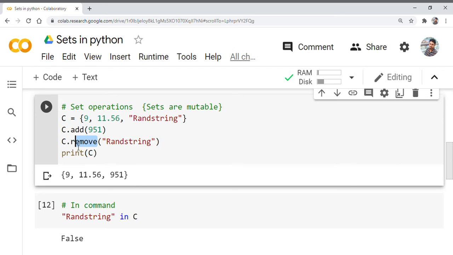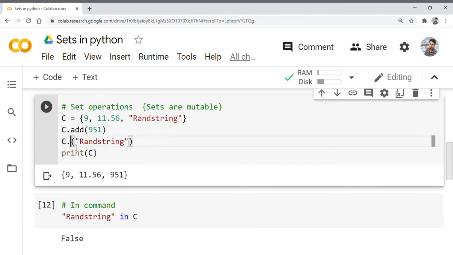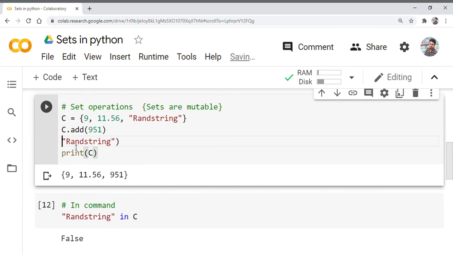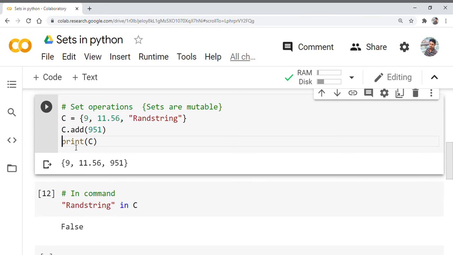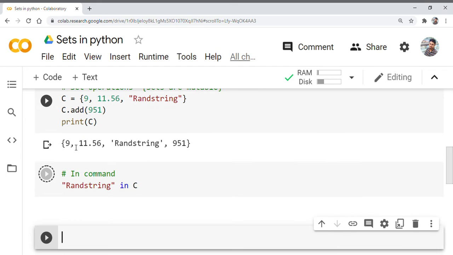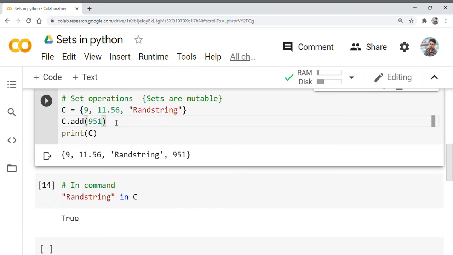Simply removing this will suffice for our argument. So now the random string is still present in the set. Now let's check, it will be True, right? So this is how we can use the in command. So we can add more elements also.